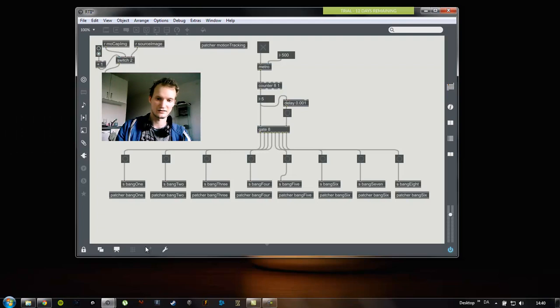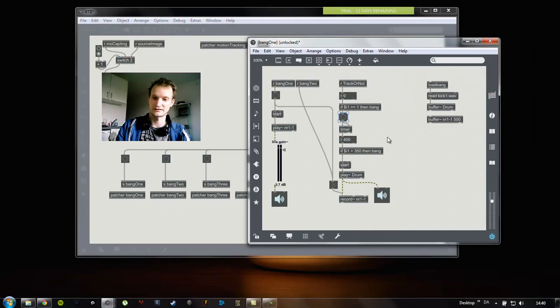One of these parts is supposed to be a microphone recording part. It's not been made yet. The idea is that it's gonna work a bit like this patch 1 here. Everything that's gonna be recorded is gonna get recorded into a buffer. I haven't really decided how that's gonna work yet, but it's gonna go through a filter,